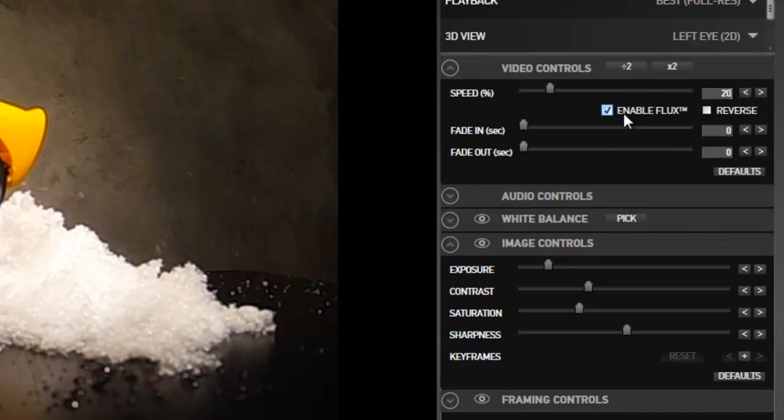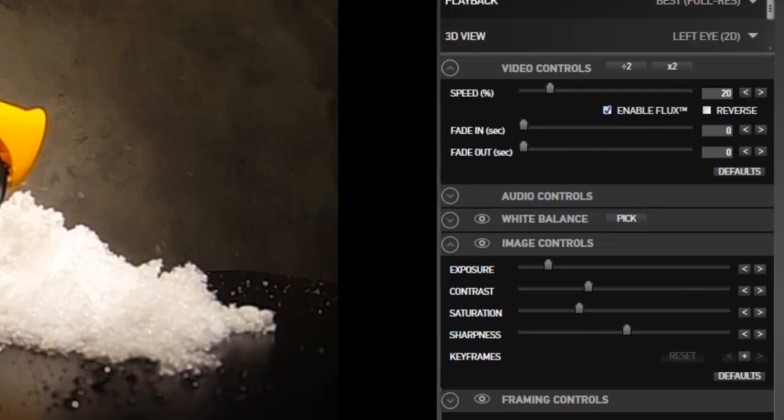If you slow something down really slow and you don't have any sort of frame blending happening, it's choppy. What frame blending, or in this case Flux, attempts to do is interpolate between frames and add between frames to make the footage smoother. Okay,